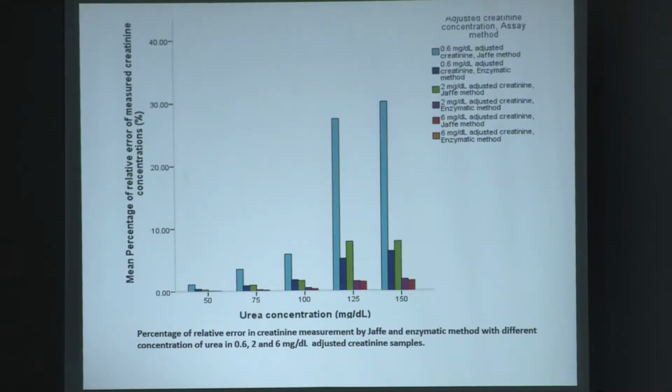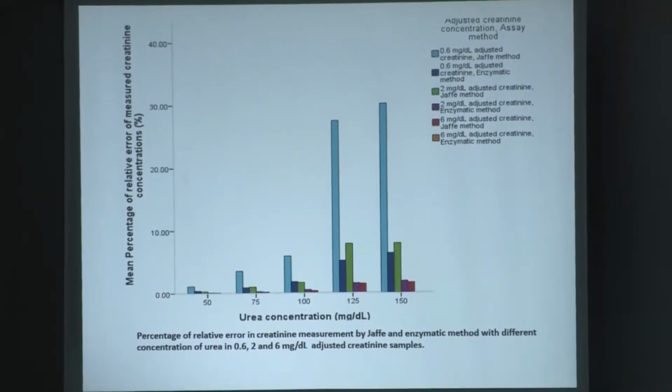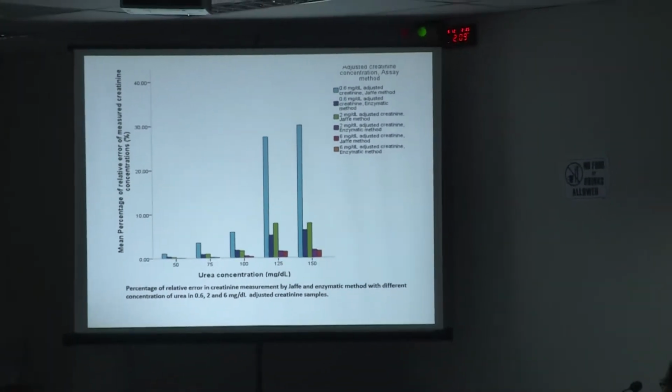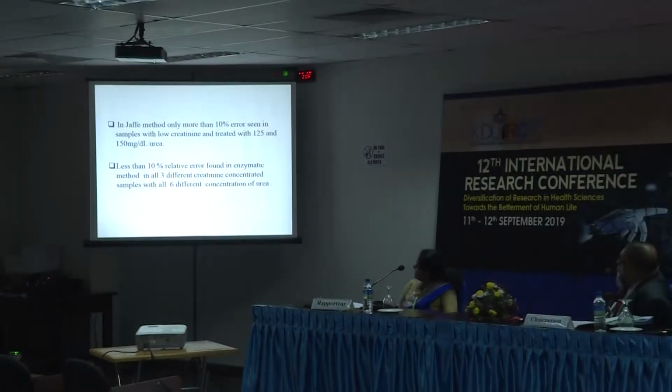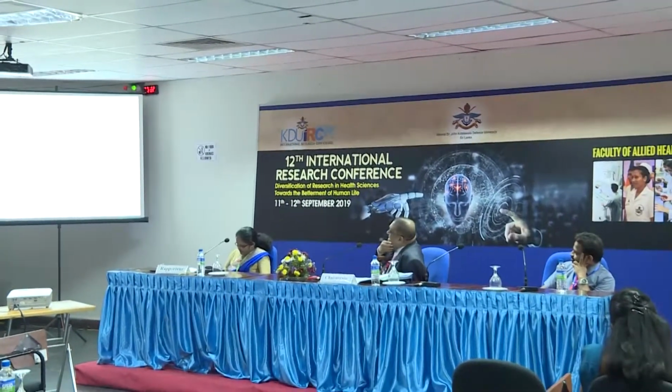Here, with the increase of the urea concentration, the relative error is increasing, and this depends not only on the urea concentration but also on the creatinine concentration. Low creatinine samples are susceptible to more interference than the high creatinine samples. And at any creatinine concentration or urea concentration, the enzymatic method shows less error than the Jaffe method. And normally in the Jaffe method, about 10% error is seen